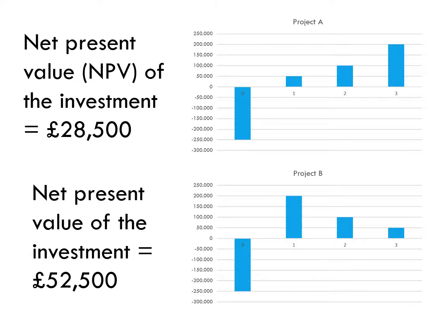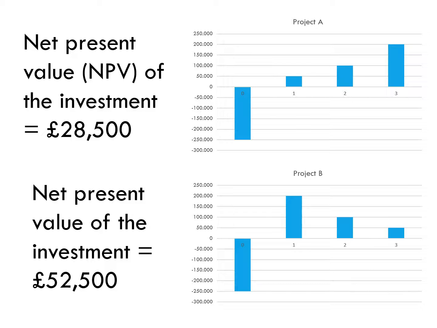So we have our two projects, Project A, net present value of £28,500, and Project B, a net present value of £52,500. So remember, these would both have the same average rate of return, but we can see because with Project B we get our money back sooner, this project actually comes out preferable because it takes into account we'd rather have money sooner and then be able to reinvest that than be waiting a long time for our return. So more discount is applied to this than it is applied to this.